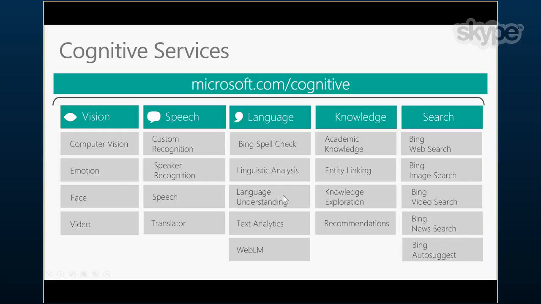Speech recognition, language understanding in the middle section, knowledge exploration or academic search, and then on the far right side, image search, Bing web search, these kind of things. So wide range of services, fantastically interesting APIs, very easy to use. Certainly recommend adding these as appropriate to any bot that you would build.